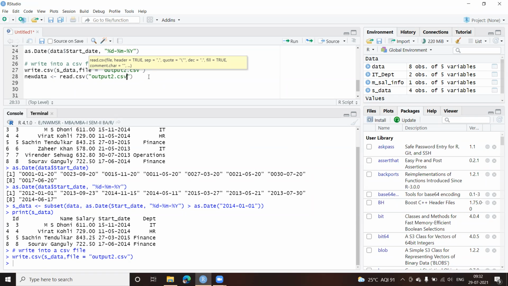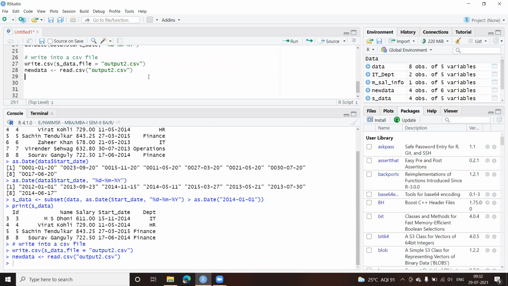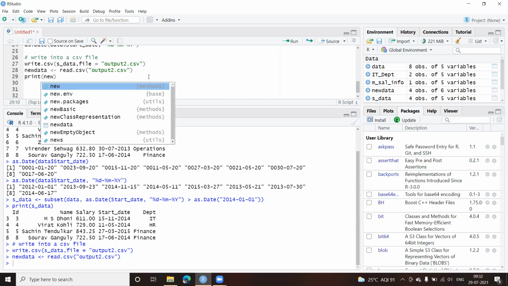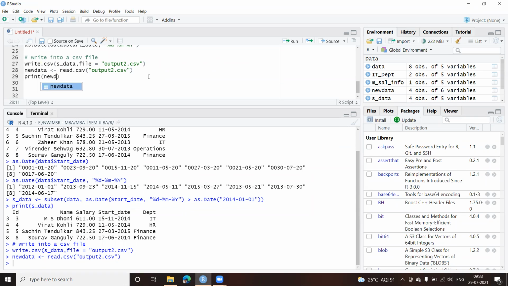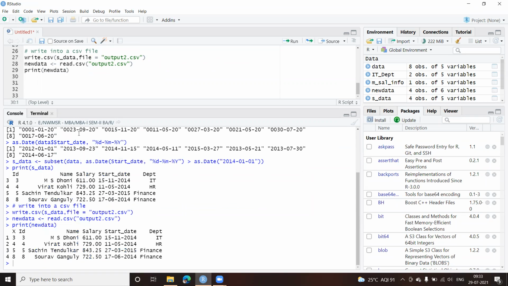I'll run this one and print this. Look at the data, how it comes. Now here you can see there was a blank here. It has been named as X now. And we have got this 3, 4, 5, 8. Then the ID, this is the actual record. These are the actual columns: ID, name, salary, start date, and department. I don't want this X to be written here.